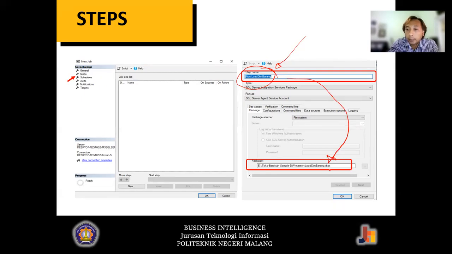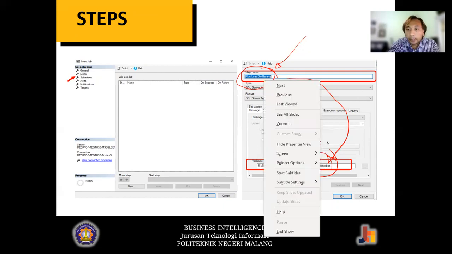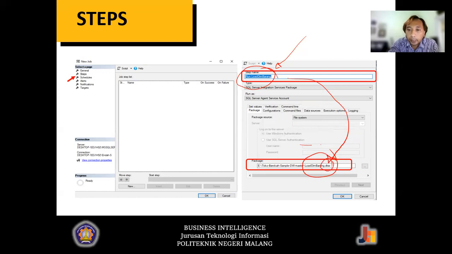Let's say in this example, you have already created the package called anything.dtsx. The DTSX will be the executed job. Then